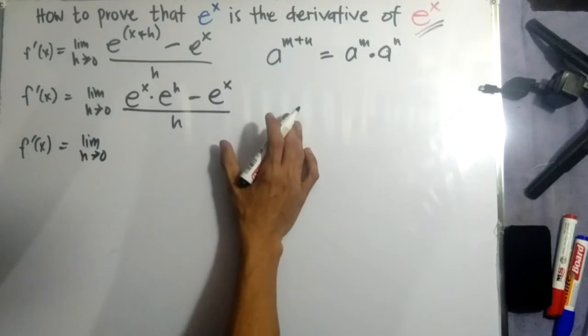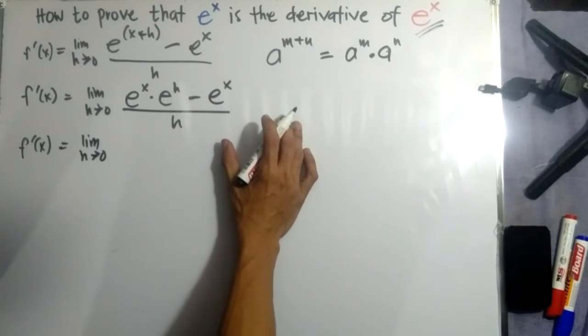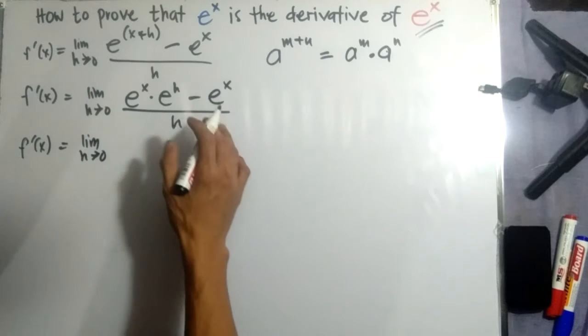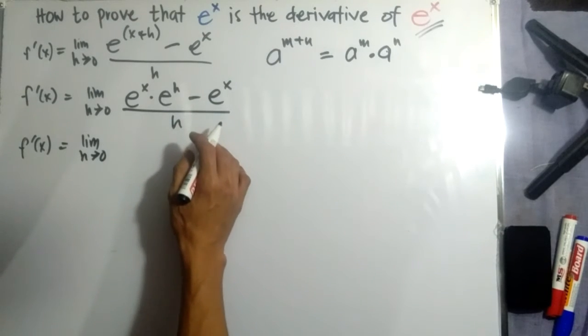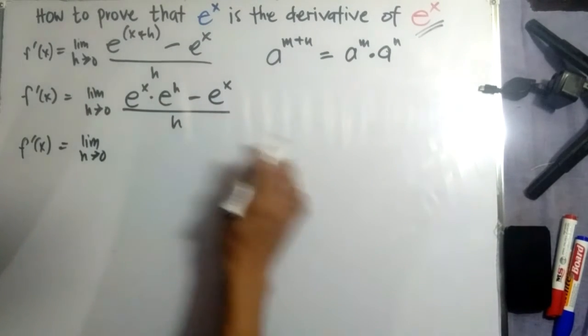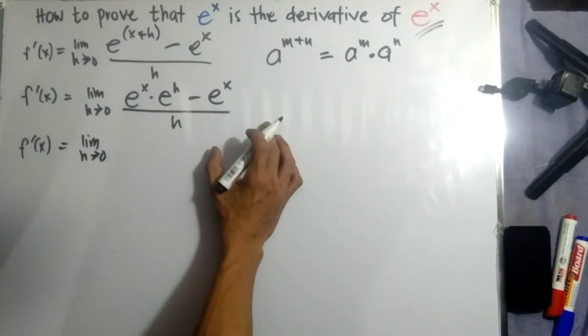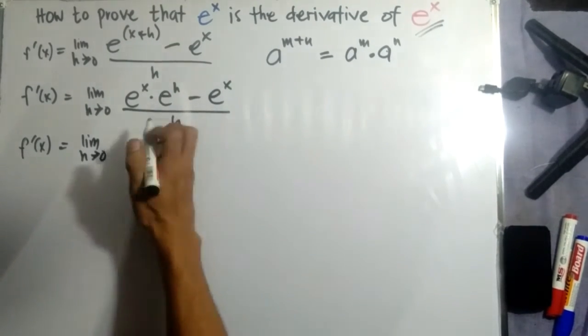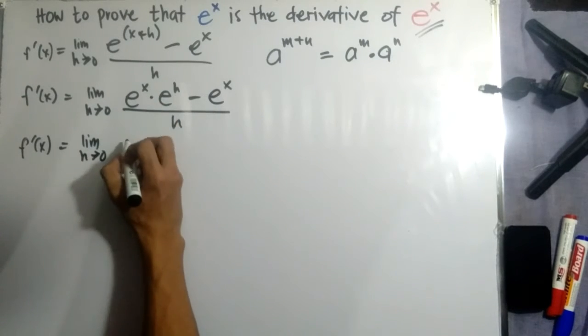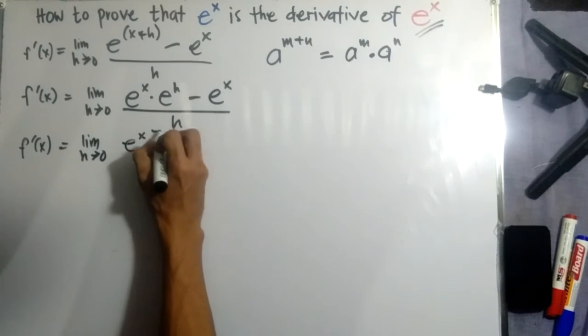Ngayon, sunod na naman natin gagawin is i-factor out natin yung numerator. Okay? So, ano ba dito ang nakikita nyong factorable? Yung e to the x power. Okay? So, ilalabas natin si e to the x power multiplied to the quantity